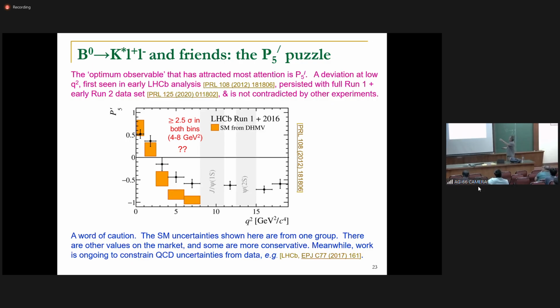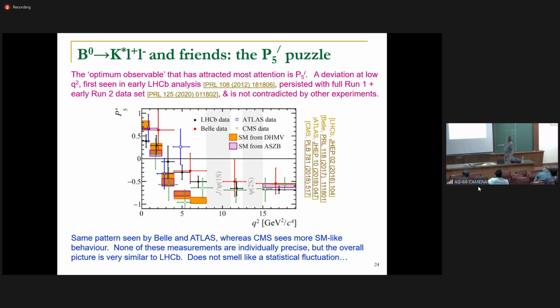What you can do is look at this, and then look at the other optimal observables and see if a consistent picture is emerging, and many people think that one is. This is a rather messy plot, but it shows the results from other experiments. Again, we have somehow failed to combine these measurements. Again, I complain about people making a heavy deal of this. No other experiment has the same sensitivity as LHCb, but still, if you stare at this for long enough,